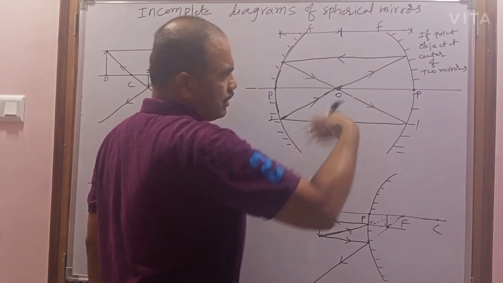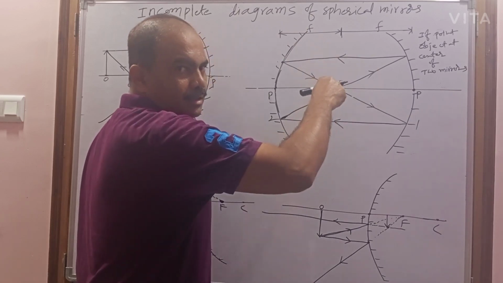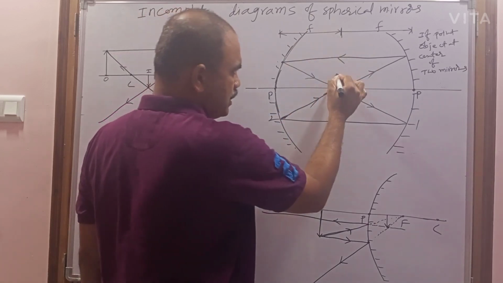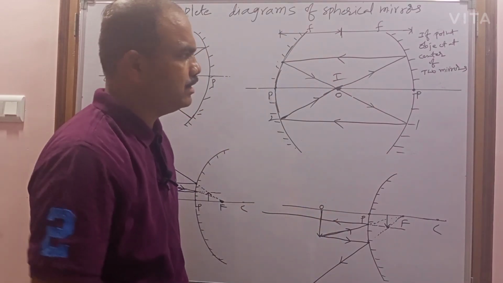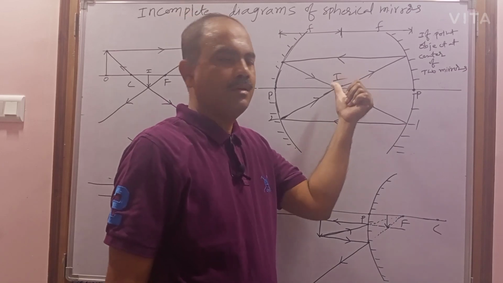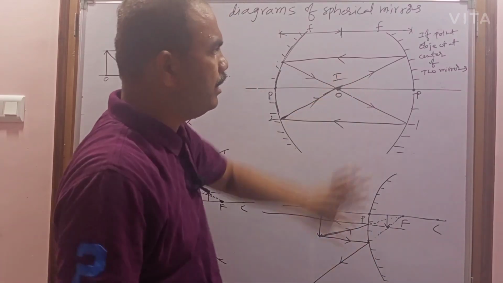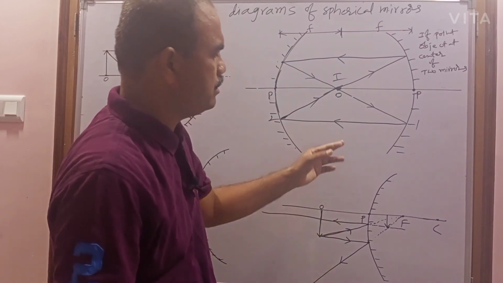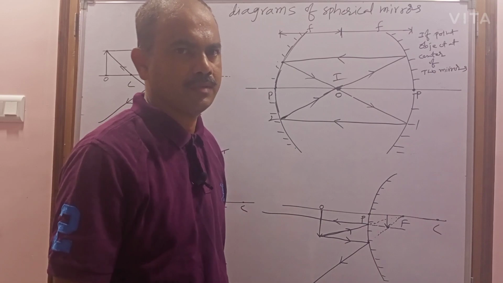So now, where are the reflected rays intersecting? At the same place as the object. That's where the image is found, again at the object position. The image also forms at the same place, so the object and image coincide. In this way too, the question can be asked. This is an application type question.